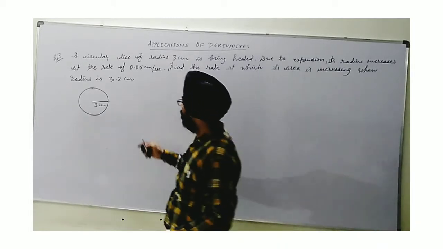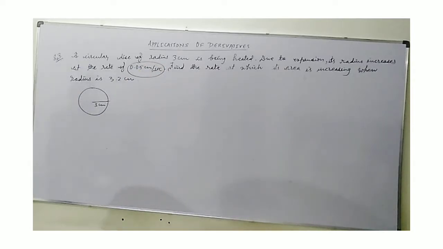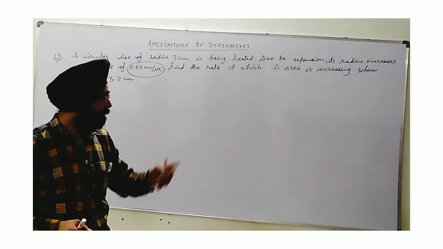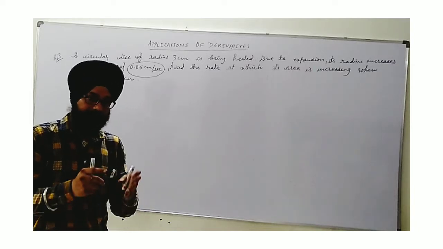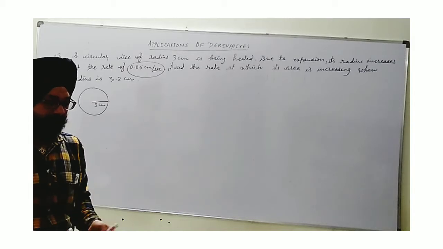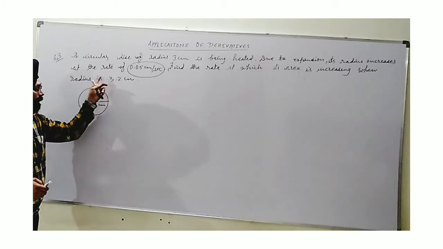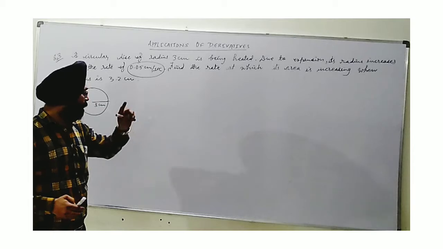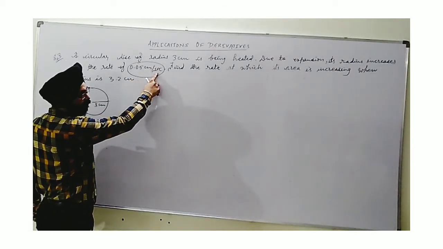Now try to understand what this is about. We are given that the radius increases. Whenever something is increasing or decreasing, its rate is given, at the rate of. First of all, whenever something is increasing or decreasing, that is a change. Always change takes place in the form of either increase or decrease. Now, we are given the rate of increase. So, this is actually rate of change in radius. Now, how to understand it? We are given the unit also, centimeter per second.